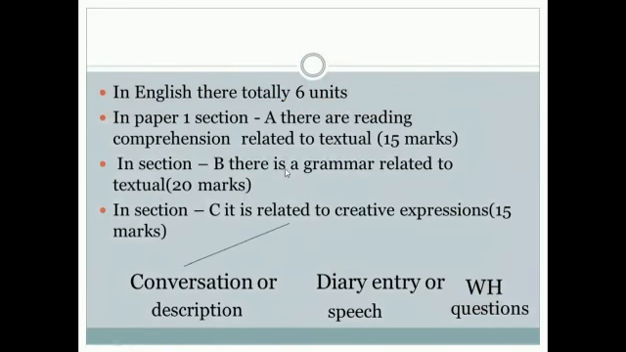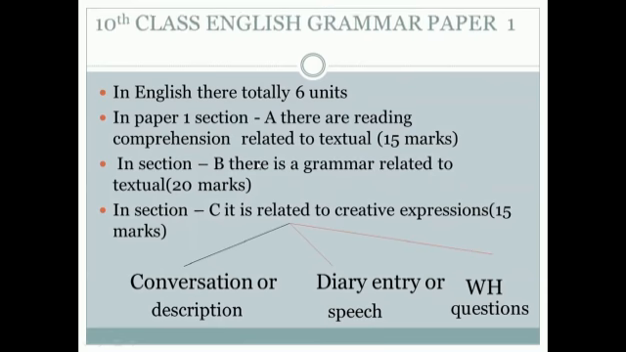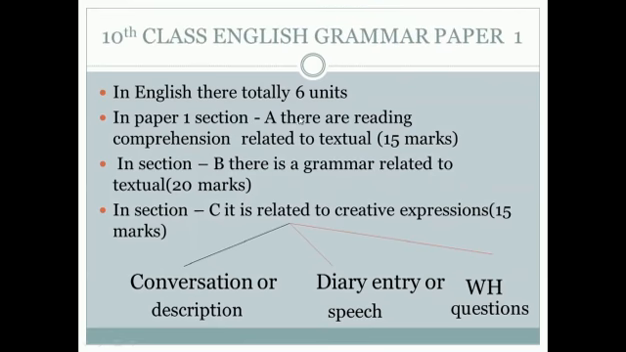So in English, there are totally 6 units, and in paper 1, there are totally 3 sections: Section A, Section B, and Section C. Section A is totally related to reading comprehension, which is textual. In Section B, there is grammar related to textual, and it has 20 marks. And Section C is related to creative expressions. It has 15 marks. In Section C, there is conversational description, diary entry or speech, and the new item called